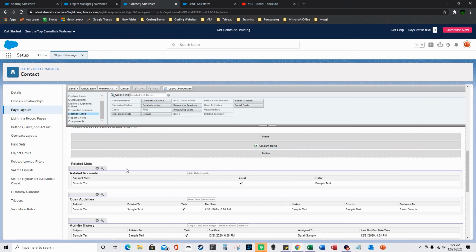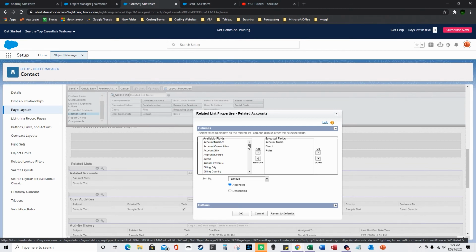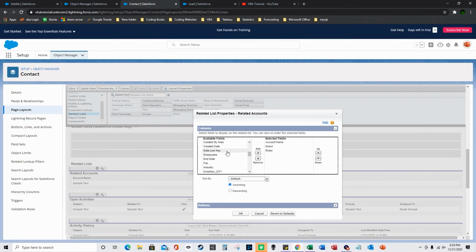You have related accounts up here, you drag it down and you put it under related lists, and then you basically press this wrench here and you add direct. You'll have direct here, and then you click add and press OK,